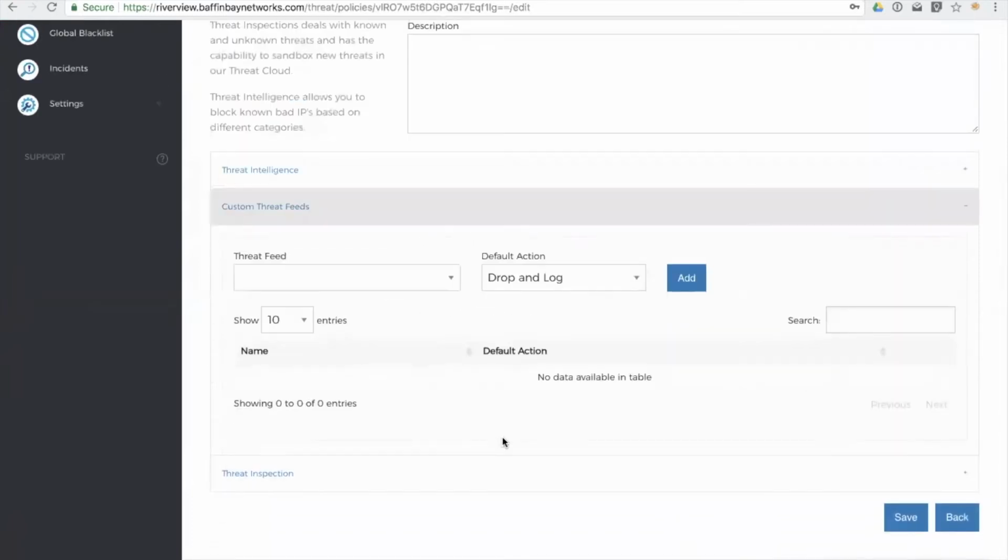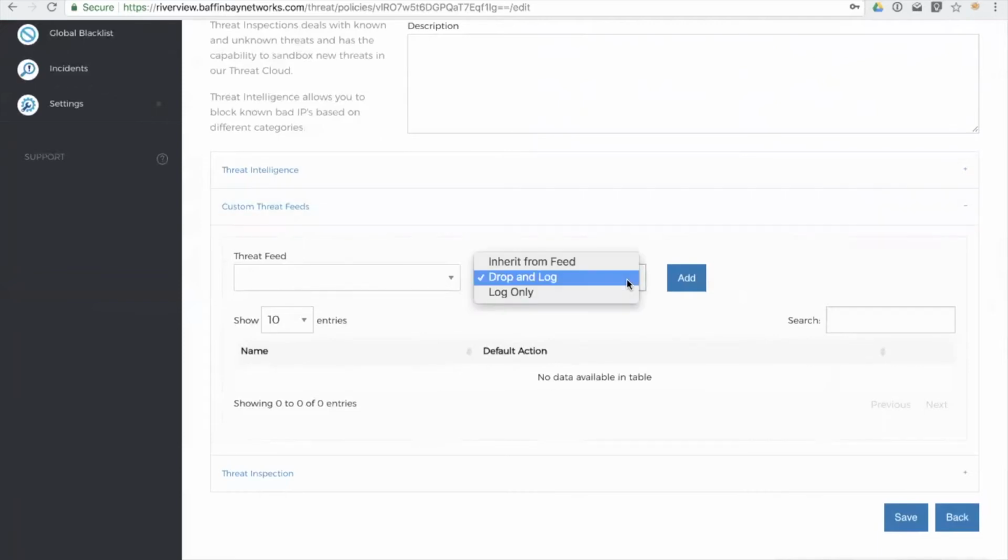The second part of our policy is where we can add in custom threat feeds. This is a pretty unique feature for us where if you've got a Splunk server that generates some interesting data, or whatever other SIEM that you have, or you're a member of an industry working group, or you buy threat intel from a third party, you can actually take that information and instead of putting it on your firewall or your IPS on-prem, you can shift that blocking all the way out to our threat prevention centers in the cloud. And you can drop, you can log, but we also have recently added a new functionality to